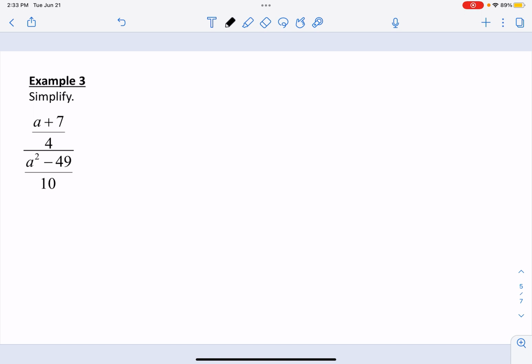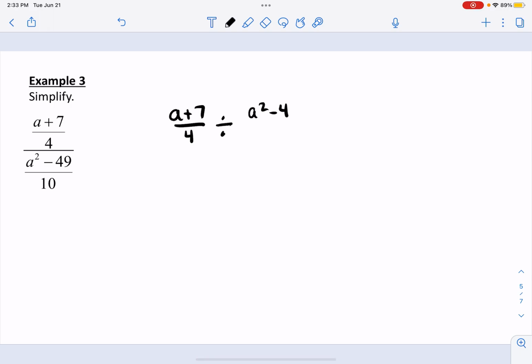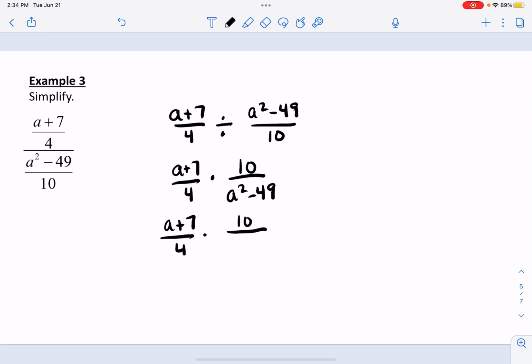Okay, so this one. A plus 7 over 4. Okay, so write that out. A plus 7 over 4. That's my first division symbol. And then I changed to the next one. I apologize on that. Divided by, now, divided by a squared minus 49 over 10. So now, I just write this as a plus 7 over 4, multiply, flip my denominator, and then I factor